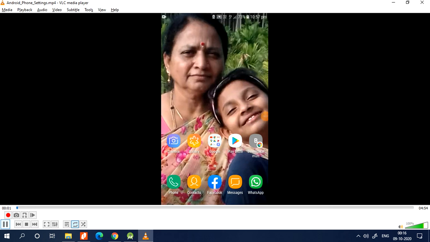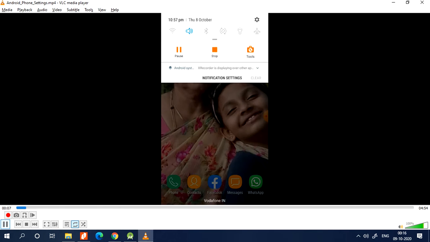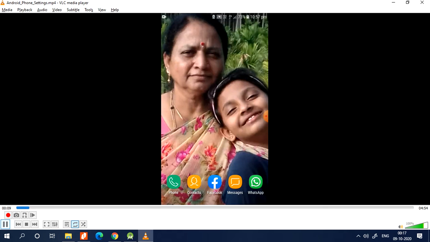Okay, dear students, today I will show you how to connect your mobile phone to Android Studio, to check how the output is displayed directly on the mobile screen instead of using Gradle in your system. For that, you need to make a very simple settings change in your mobile phone.